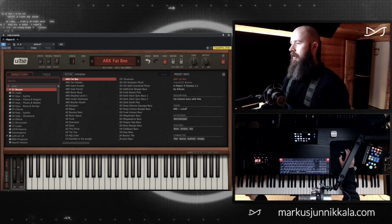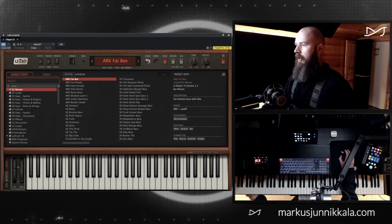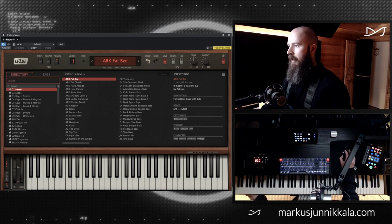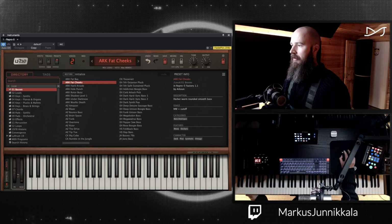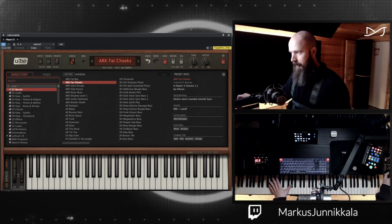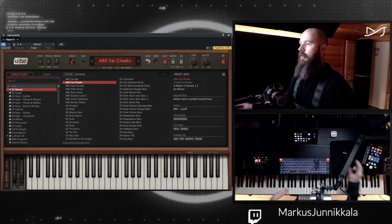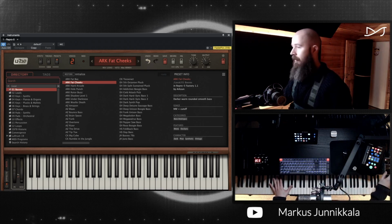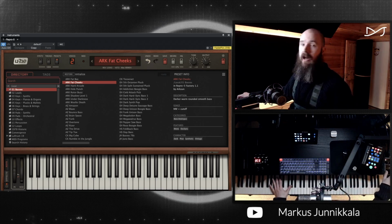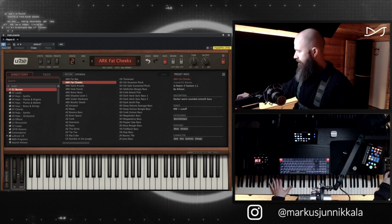I know Arcsun has, if I remember correctly, done stuff for Lufttrim as well. So cool. Fat Cheeks. Well, we can't skip that. Okay, let's go. Again, I will have to adjust the limiter as we go along. So if you see me playing with the mouse, that's what I'm doing, because there is a lot of fluctuation in the level, I'm sure. So let's do Fat Cheeks. I never expected to say that in a demo, but